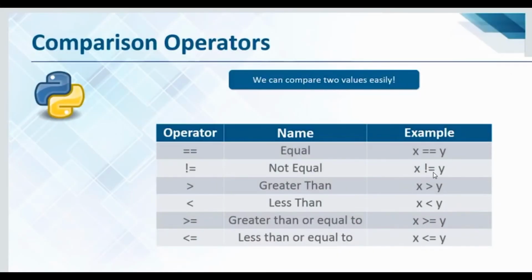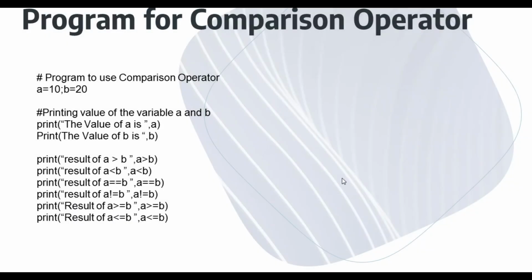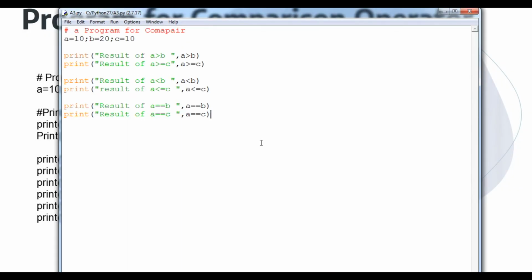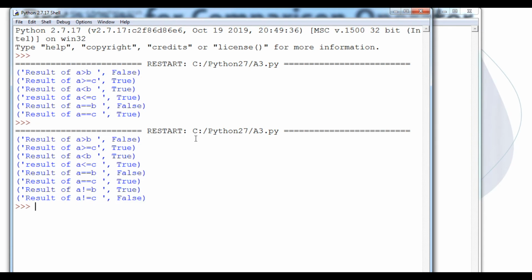I am going to say the not equals to operator. Not equals to means whatever is true will be converted to false, and whatever is false will be converted to true. So the reverse answer, the inverted answer of the condition, is known as not equals to. So we are doing the same thing, student. Here we write not equals to by the exclamation sign, so it will just invert the answer.